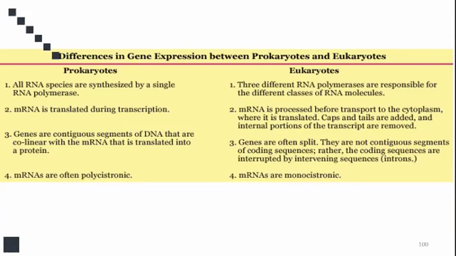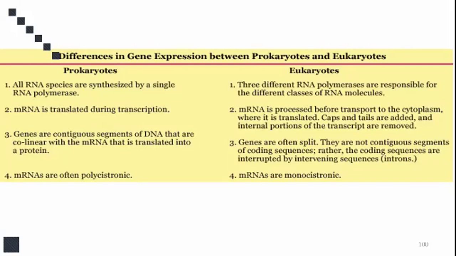Number 3, genes are contiguous segments of DNA that are collinear with the messenger RNA that is translated into protein. Whereas in the case of the eukaryotic organism, genes are often split. We just saw that a gene has 2 portions: the exonic portion, which is the portion that codes for amino acids, and the intronic portion, the portion that does not code. And then 4, messenger RNAs are often polycistronic,